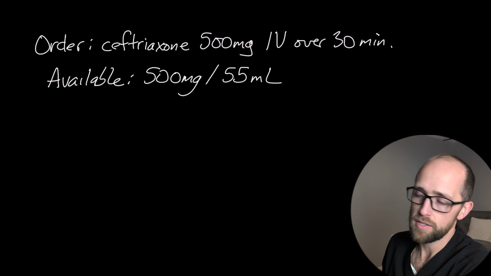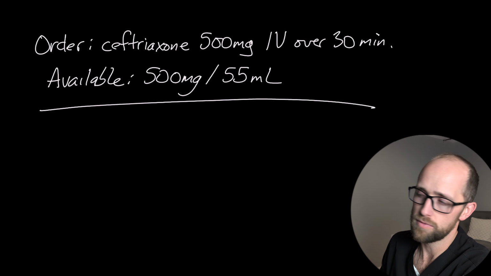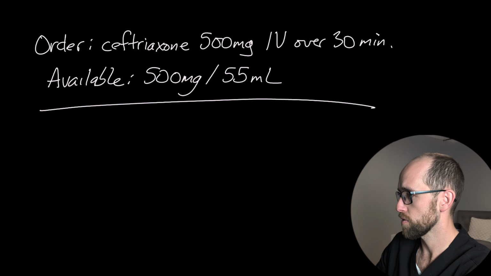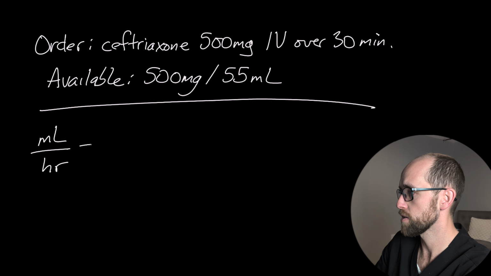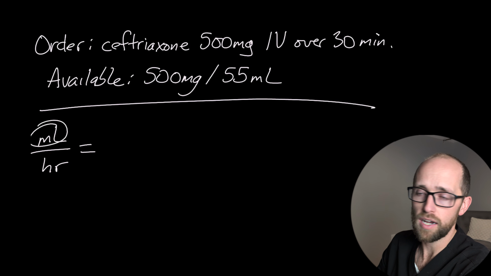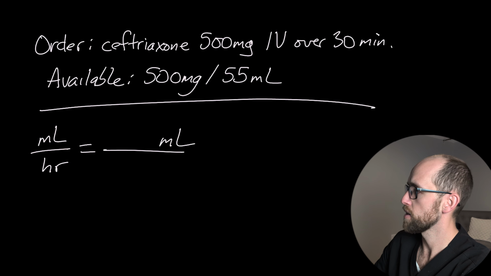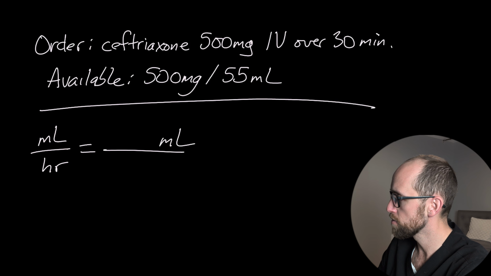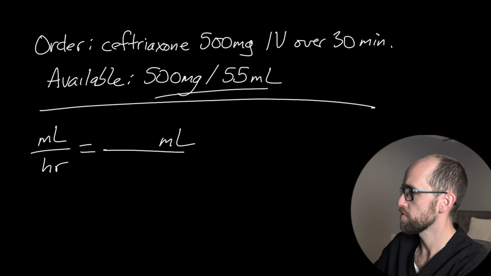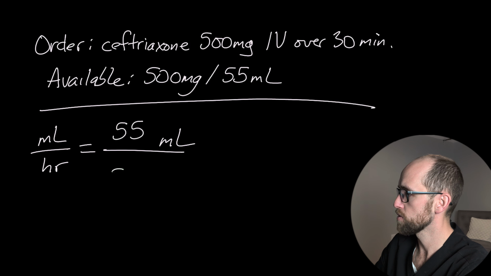All right, so what's our step 1 here? Look for the units you are trying to figure out. So what do I need to know? mLs per hour. So I'm just going to write on the left side of the equation, mLs per hour equals. So I'm solving for mLs per hour. How do I put mLs on the top of the first ratio? I'm going to write mL, and I'm just going to look for something. Well, I know I have 500 milligrams per 55 mLs, so let's do 55 mLs is equivalent to 500 milligrams